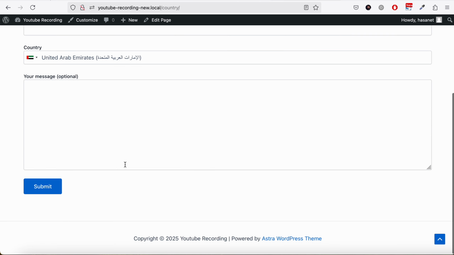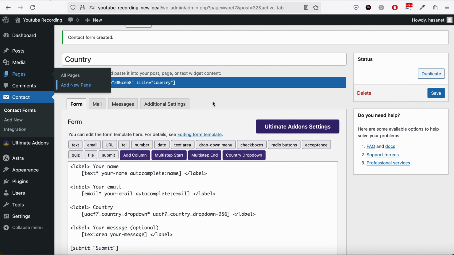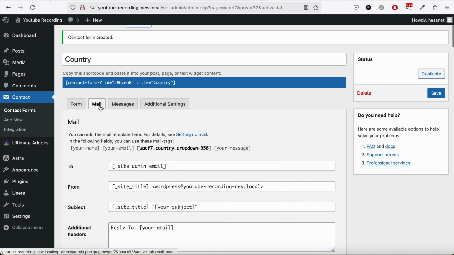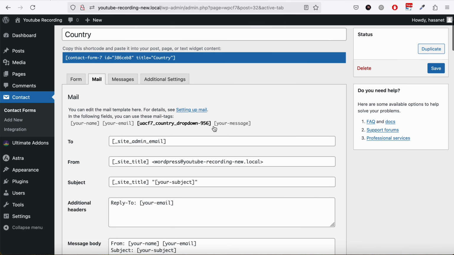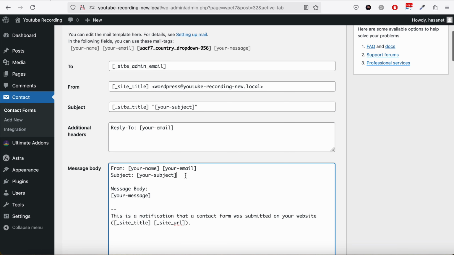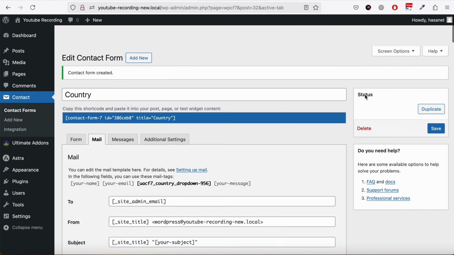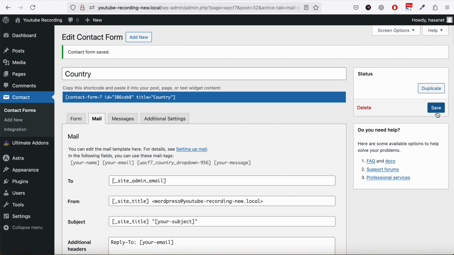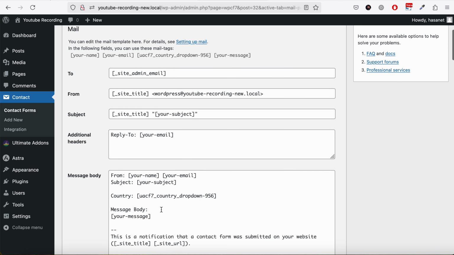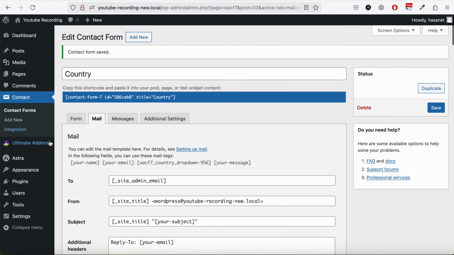And that's basically it. Oh, and one more thing is you have to put this tag in the mail field so that you basically get the user submission in your email. So you just need to copy this shortcode and put it in the message body. You can name it country, and you can just hit save. So it will now go to your email with the country list, also on our database